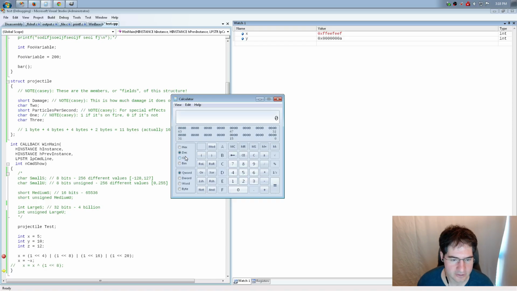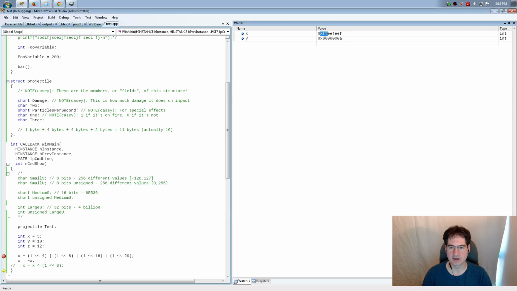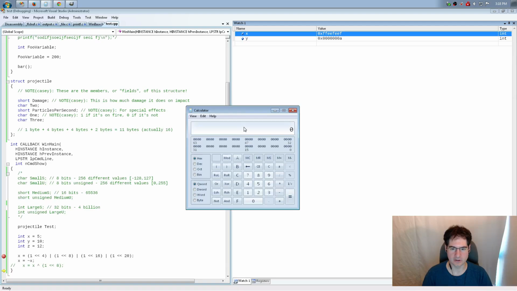And there are these things that you can set: hexadecimal, decimal, octal, binary, right? So if you set it to hexadecimal, I believe this will work. You can cut and paste, just not the 0x part, but just the part that you want to see. You can paste that in there, and then it will show you the binary down here, right? You can sort of see 1 1 1 1 0 1 1 1 1 0 1 1 1, right?